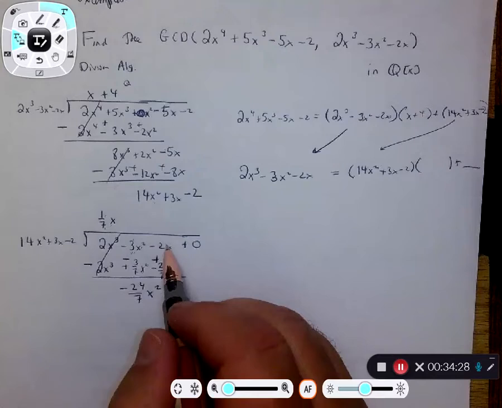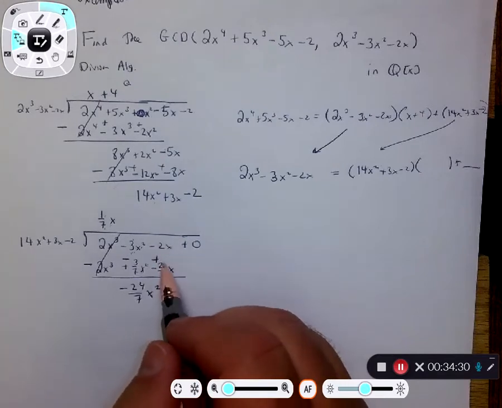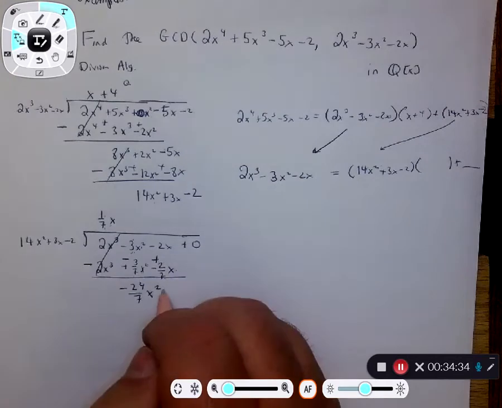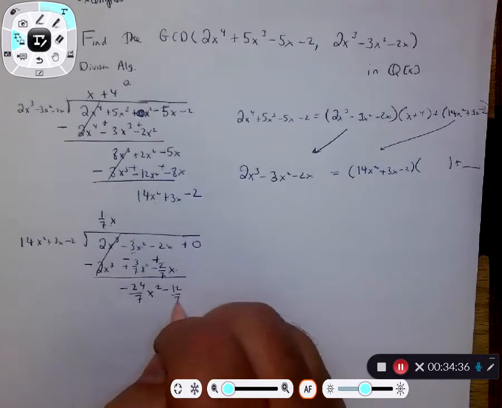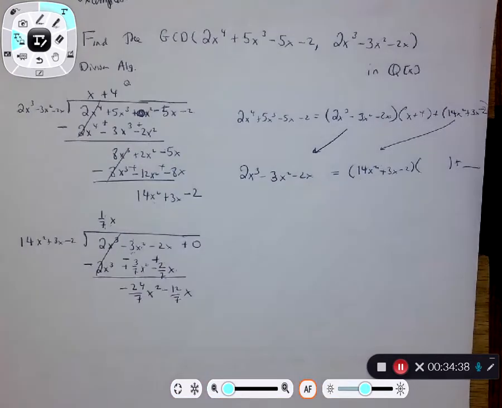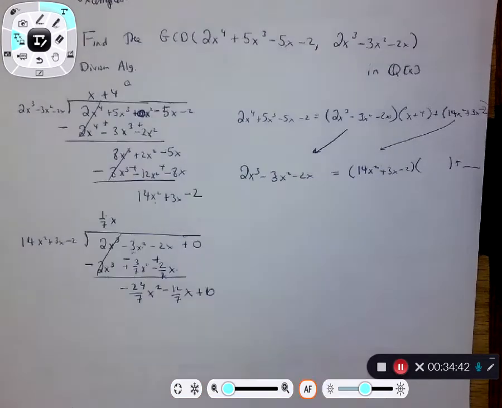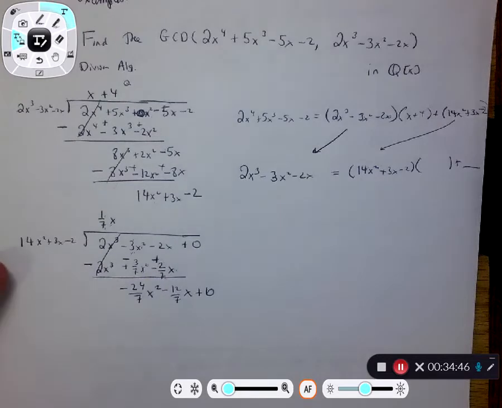Now minus 2x plus 2/7 x ends up giving you a minus 12/7 x. And then bring down my last victim, plus 0. Now, here we play the game again. What times 14x squared is negative